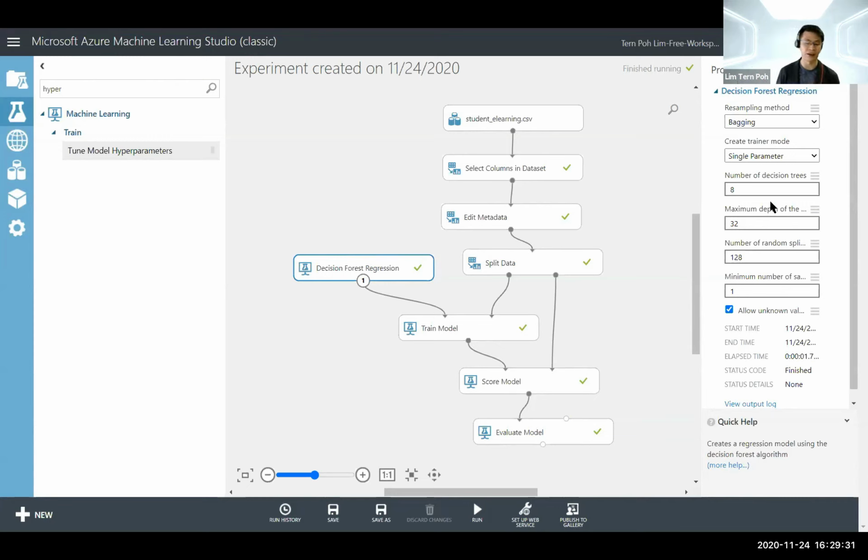A lot of the times for all these hyperparameters tuning, we leave it to the AI to figure out what is the best way, what is the best settings to achieve the results. And a lot of times we do this called the tune model hyperparameters. So this is where the engines will leave the machine to run overnight. You'll try different permutations of the settings that you see on the right hand side here to try to determine what is the optimal values for the machine learning